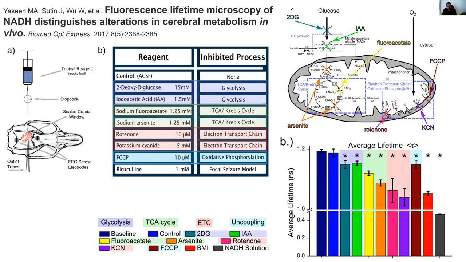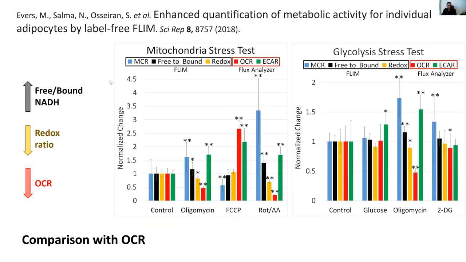But if you look at the average lifetime, and this is again just looking at average lifetime, between the samples where glycolysis is blocked, it has a longer average lifetime. But if you block the TCA, the lifetime goes away. If you block the electron transport chain, it goes to the lowest. And then if you uncouple them, by using FCCP, it actually goes back to the level here. So that's, again, another validation that this works. A validation compared to